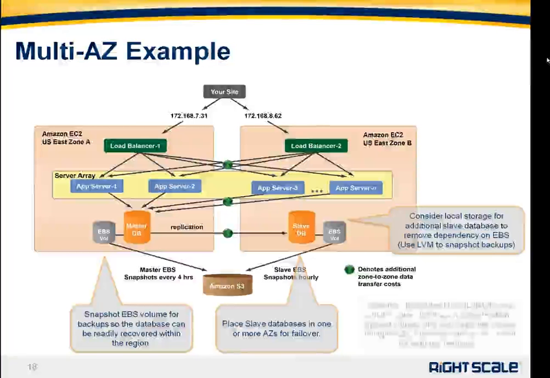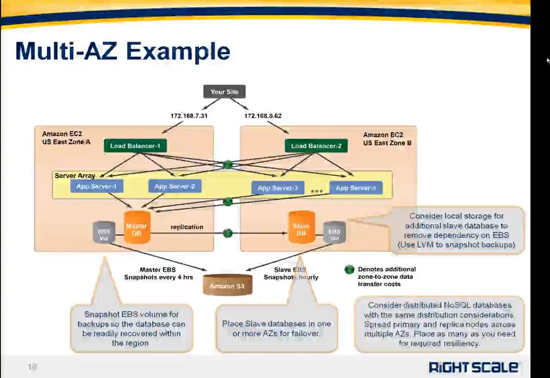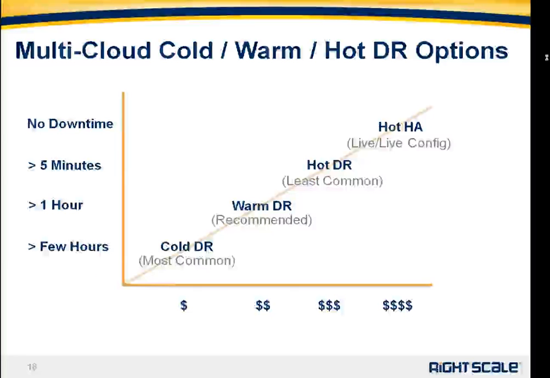Okay, so I'm going to digress here. Oh, I'm sorry, there's one more bullet point. The NoSQL databases, which we touched on in the previous slide as well. If you can get away with a NoSQL solution, then you can distribute those NoSQL nodes, both the primary and the replicas, across availability zones to help assist you with the availability of your application.